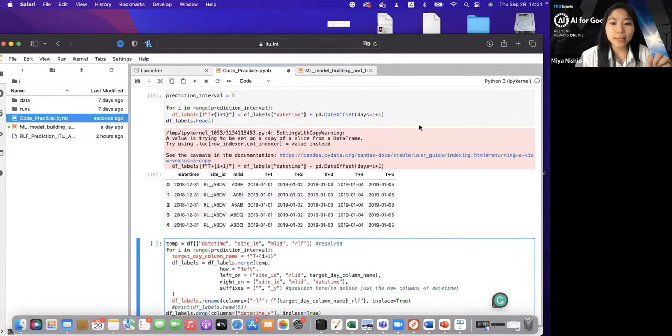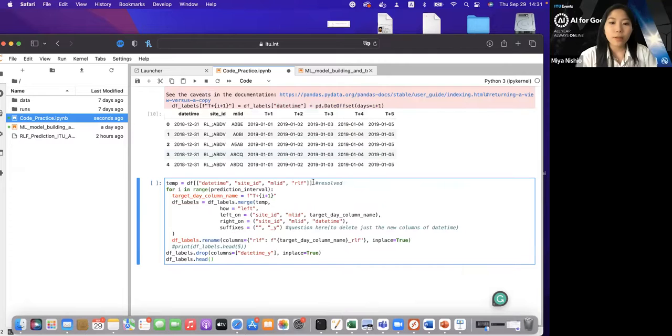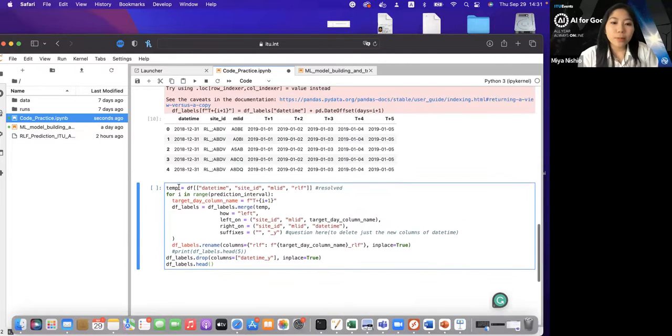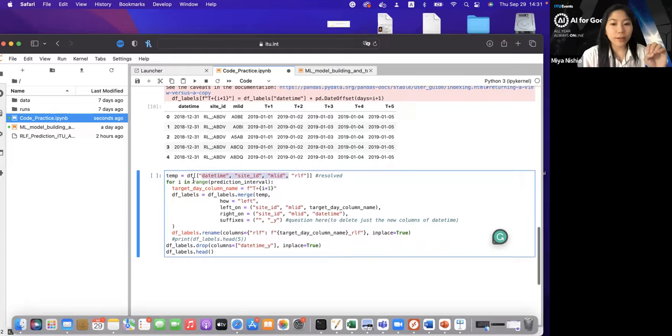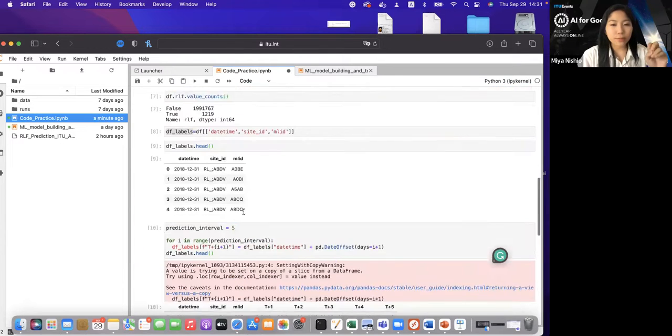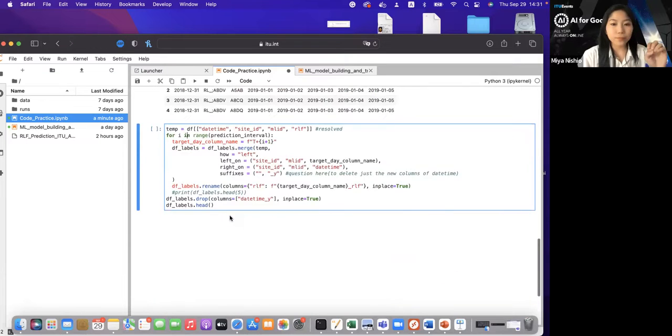So this is slightly complicated, but basically we're going to take a part of the data frame, which involves the features that we picked and the radio link failure column. Then we're going to loop through our prediction interval, which is again 5, as we decided here.